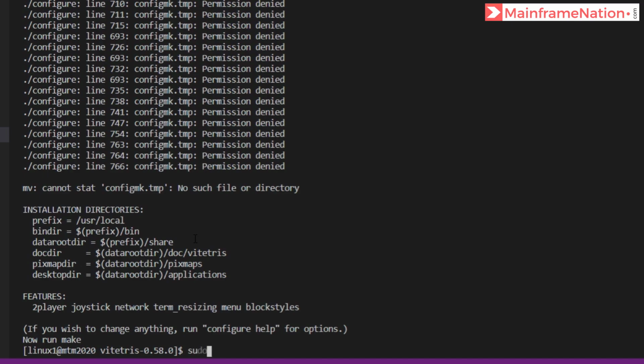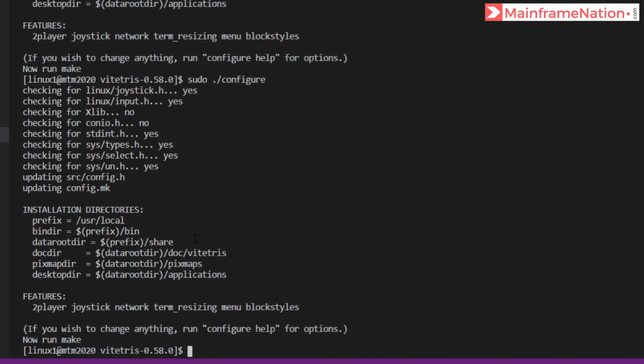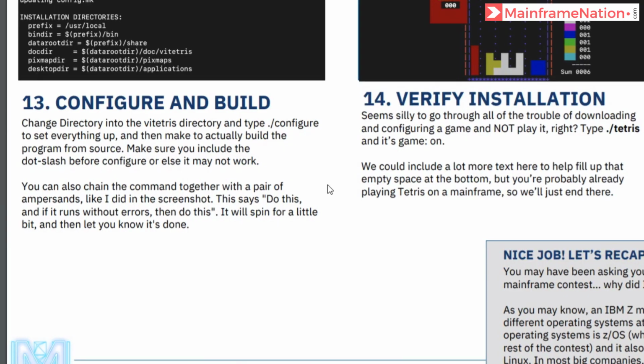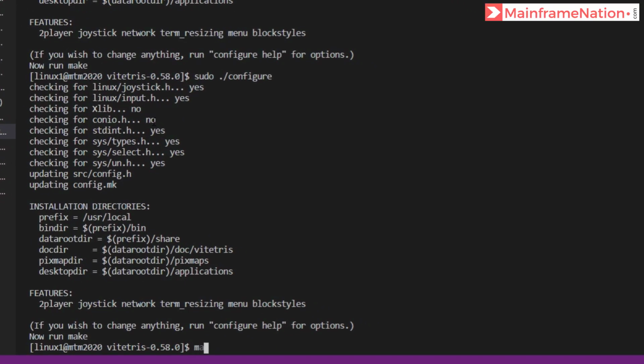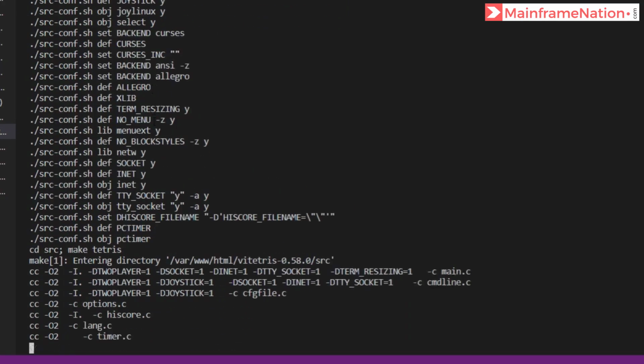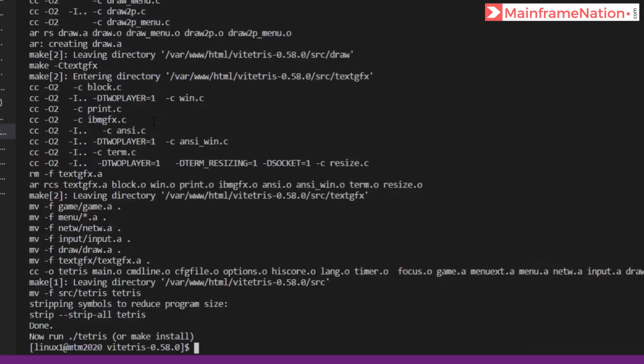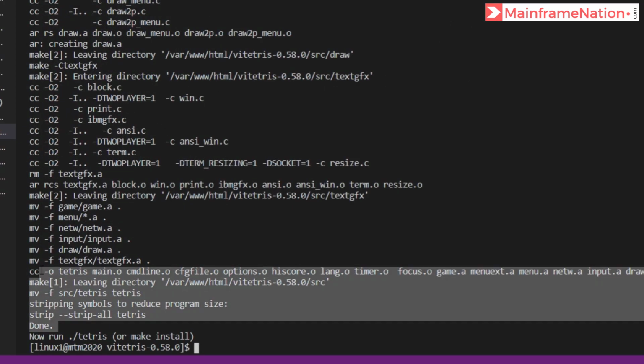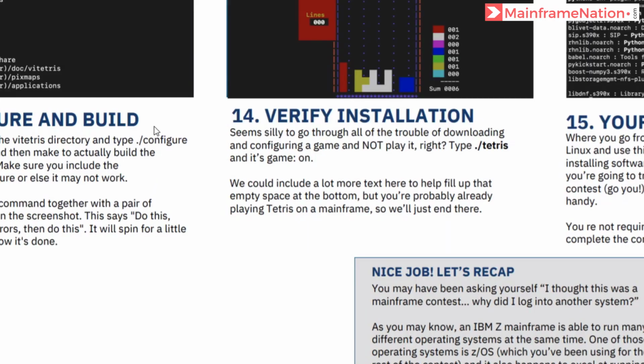Permission is denied, so give here sudo, then give ./configure and it completed successfully. And then we have to give make. Let's give sudo make. Make is also done. So step 13 is complete.